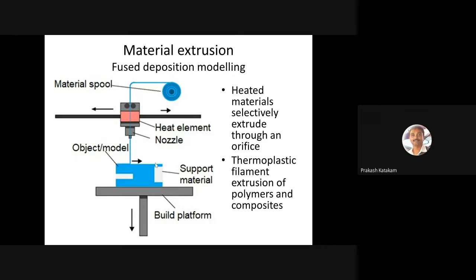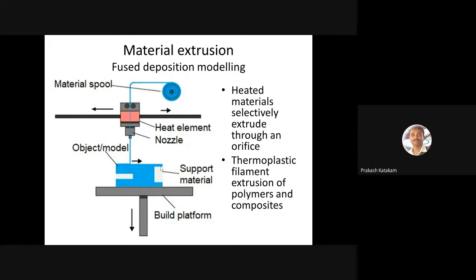I can make a solid 100% plastic material. That means there is no air space inside the cuboid. If I say 90% infill material, it means inside there are some pores designed by the software itself. The software will ask you how much infill material you want. So depending on the command we give, it will take 10%, 20%, 30%, 40% like that.